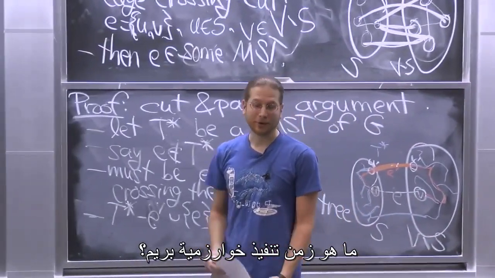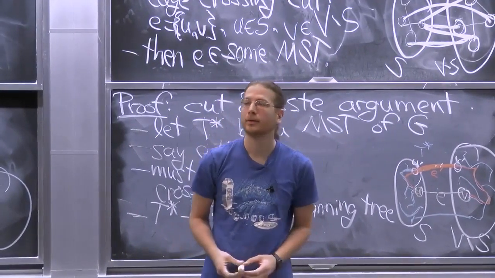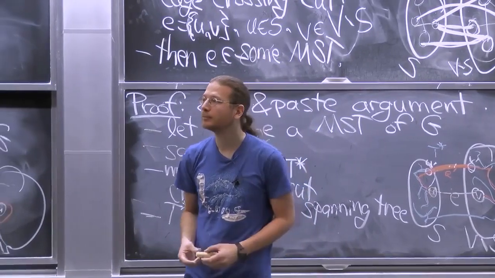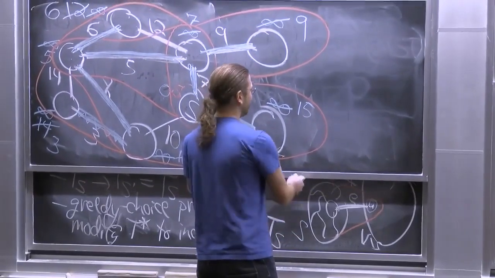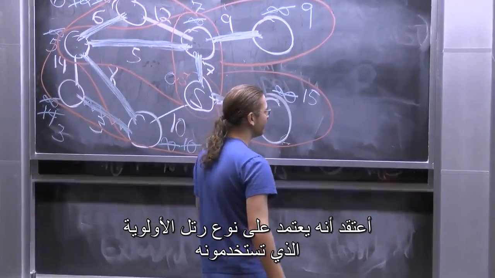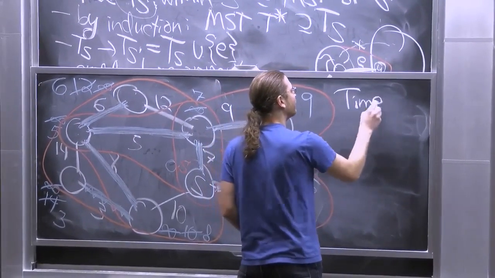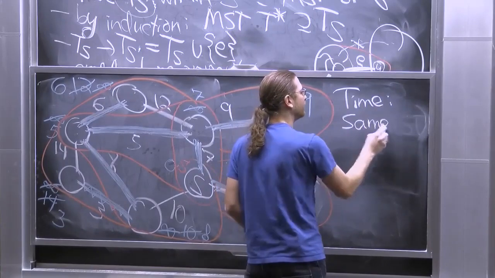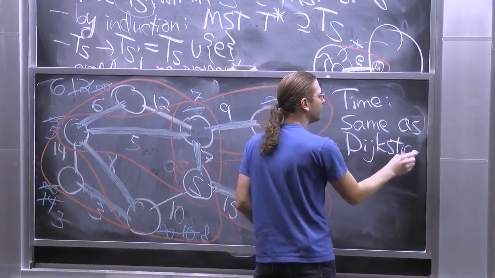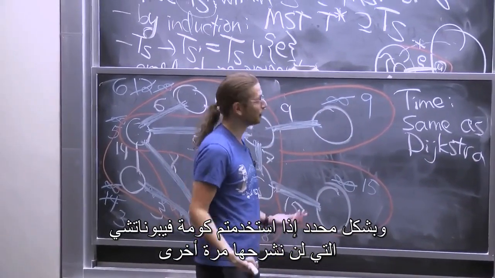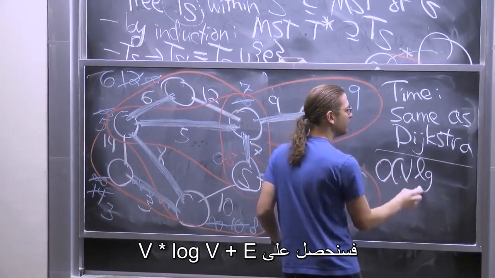What's the running time of Prim's algorithm? Same as Dijkstra. Good answer. I guess it depends what priority queue you use, but whatever priority queue you use, it's the same as Dijkstra. And so in particular, if we use Fibonacci heaps, which again we're not covering, we get V log V plus